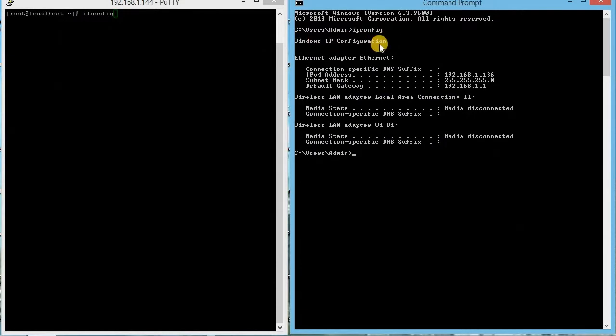So for instance, if you needed to know what your network IP address was, you would just get a DOS prompt, a command prompt, and you would type this command IPconfig, and it will give you your IP address for your workstation along with your subnet mask and your default gateway address. And if you have any other wireless cards installed, that information will show here also. But it's not showing right now, so there's another command we could type called